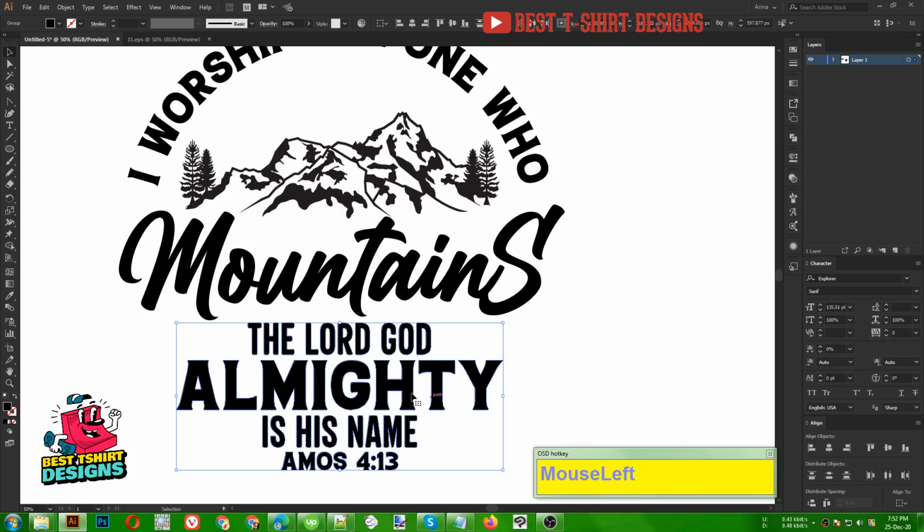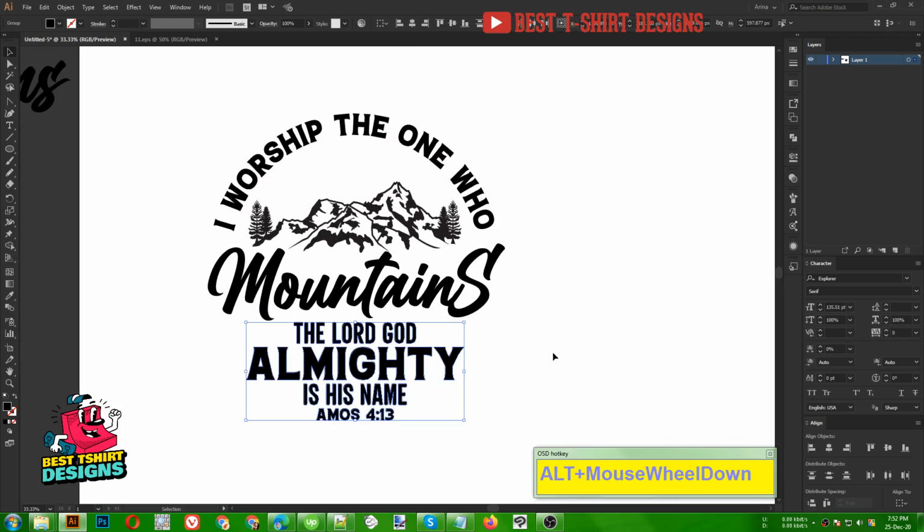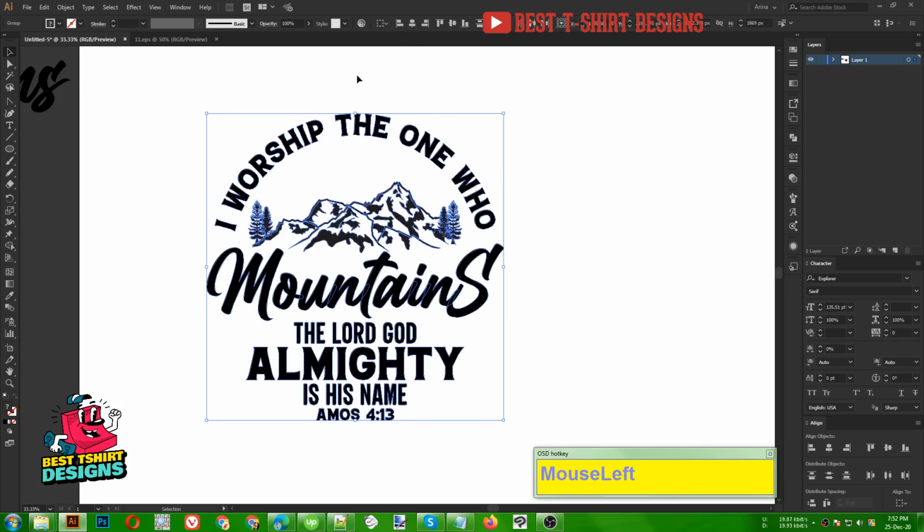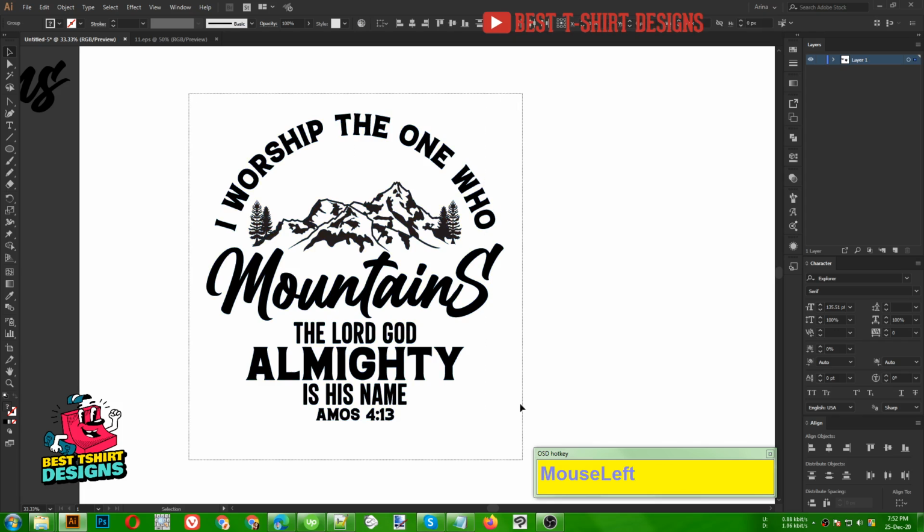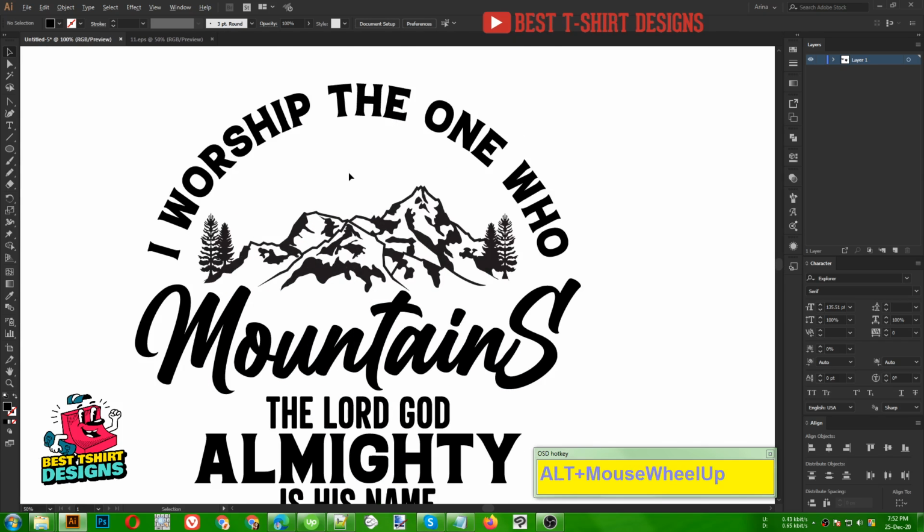If I select these four, I can distribute the space between them, so that much is good. Now I need to align them again, because when you are breaking a font, it gives us a little extra space, so something like this, that is good. Now for this one here, this mountain is from a free vector bundle from Freepik, so that's why I want